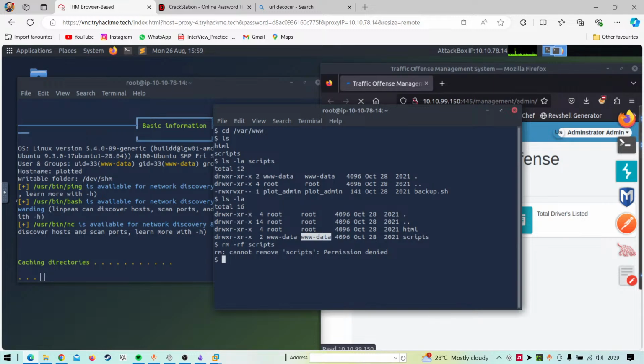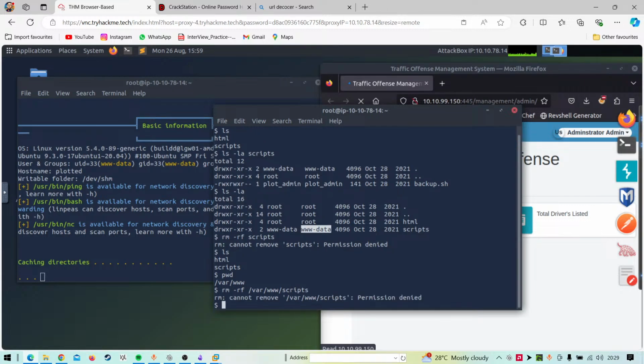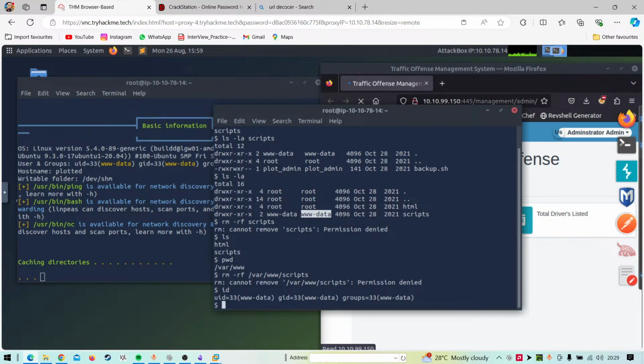We'll just wait for linpeas to complete. That's so weird. Why am I not able to delete this stuff? Am I not www-data? Yeah, I'm www-data, right? So technically I should be, but